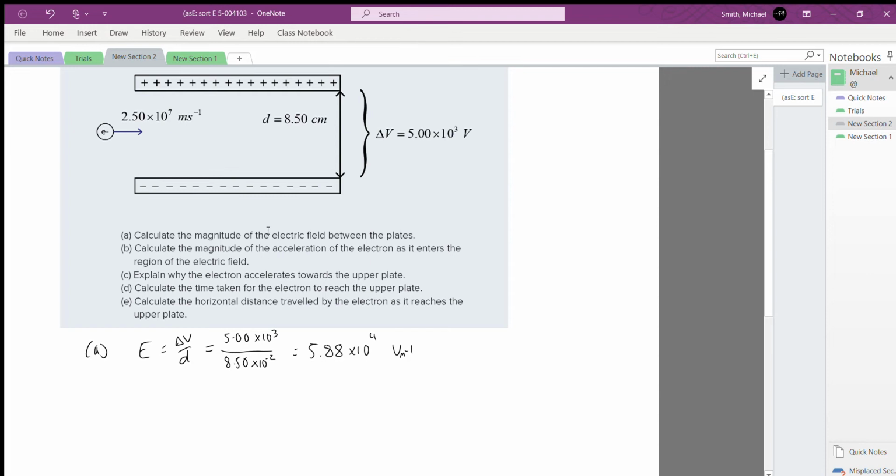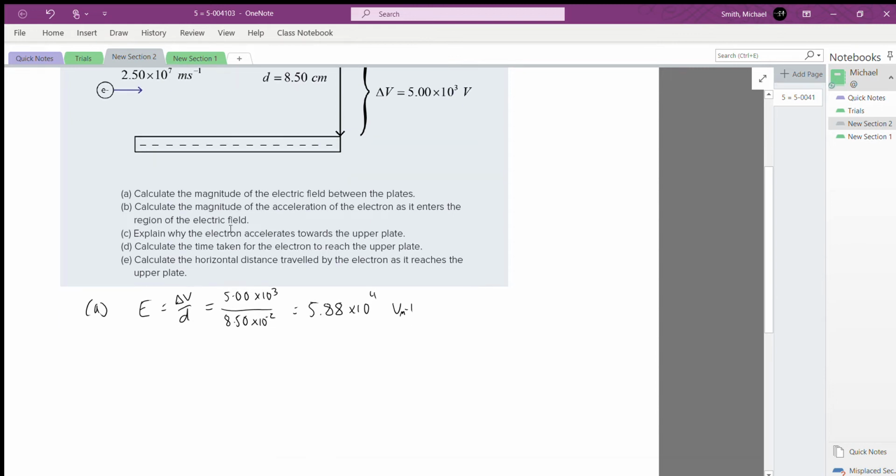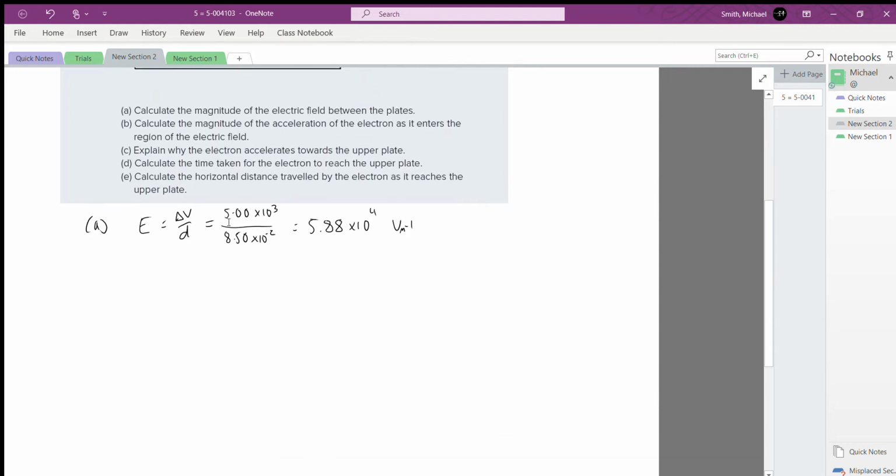That was fairly straightforward. Second, we need to calculate the magnitude of the acceleration of the electron as it enters the region of the electric field. Again, this is another straightforward calculation. So here, just using the expression a equals Eq on m, we've just calculated the magnitude of the electric field, so that's just